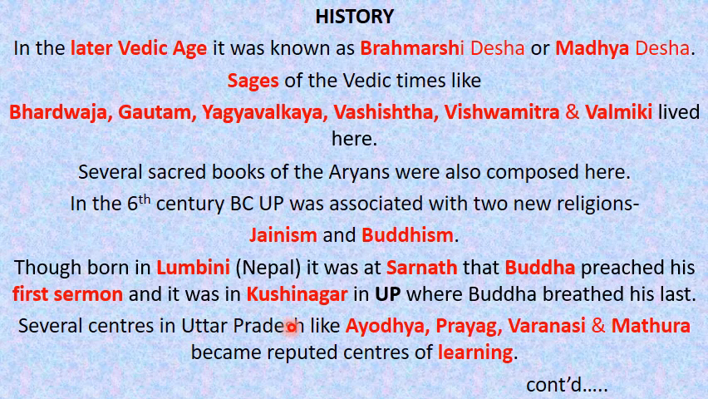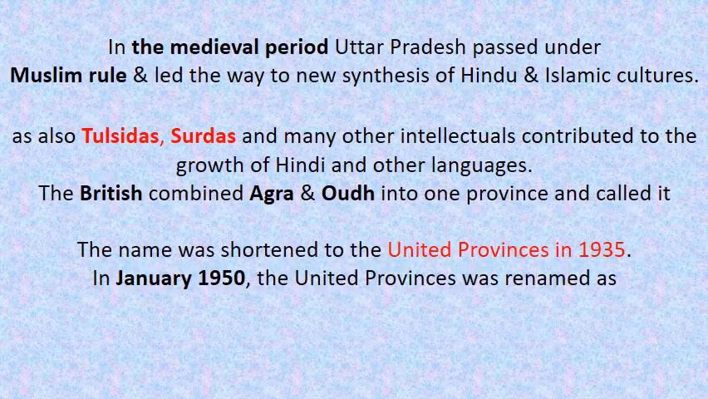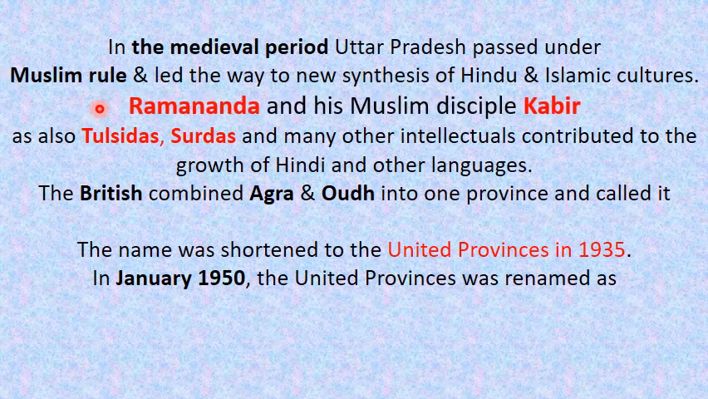Several centers in UP like Ayodhya, Prayag, Varanasi and Mathura became reputed centers of learning. We have some more in the history of UP. In the medieval period, Uttar Pradesh passed under Muslim rule and led the way to new synthesis of Hindu and Islamic cultures. Ramananda and his Muslim disciple Kabir, as also Tulsidas, Surdas and many other intellectuals contributed to the growth of Hindi